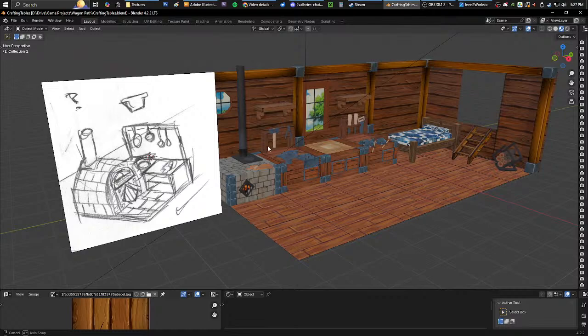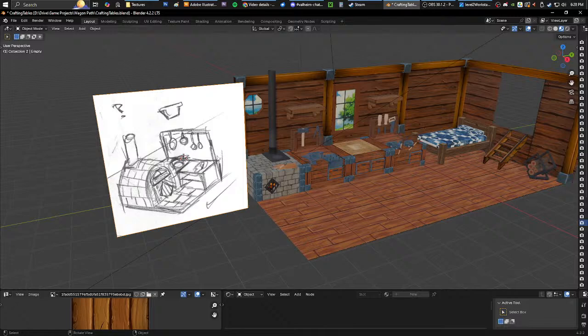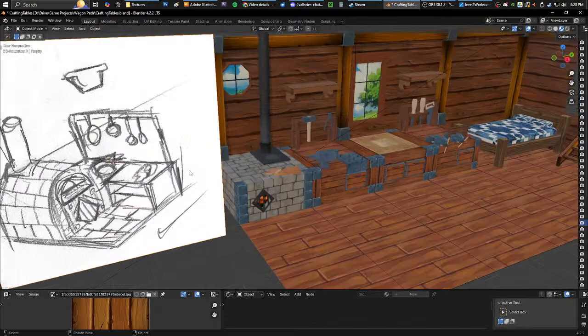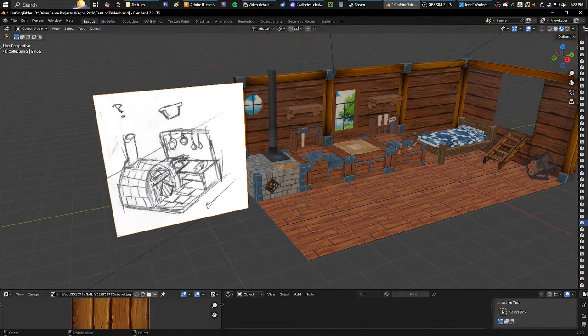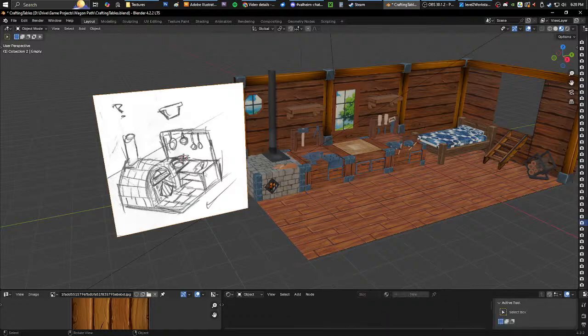Okay, now that I got all the technical stuff out of the way, I can start on this project. I am currently remodeling this guy because I want it to look like this with this arched stove where you can bake. This is kind of like a level 3 crafting station, whereas the level 1, I think I'm gonna make it a little smaller, maybe push this back, but I want to do this level 3